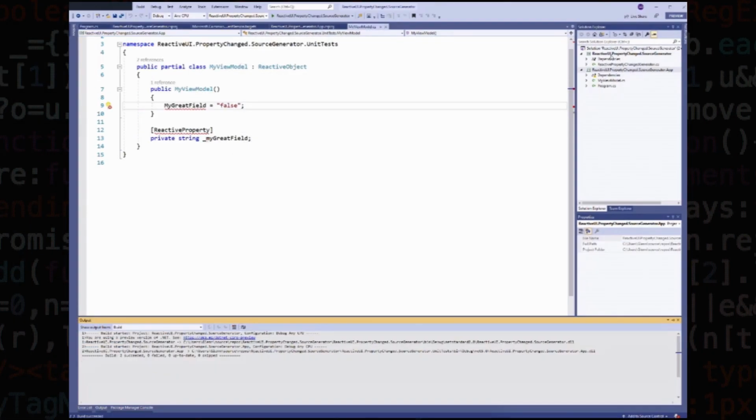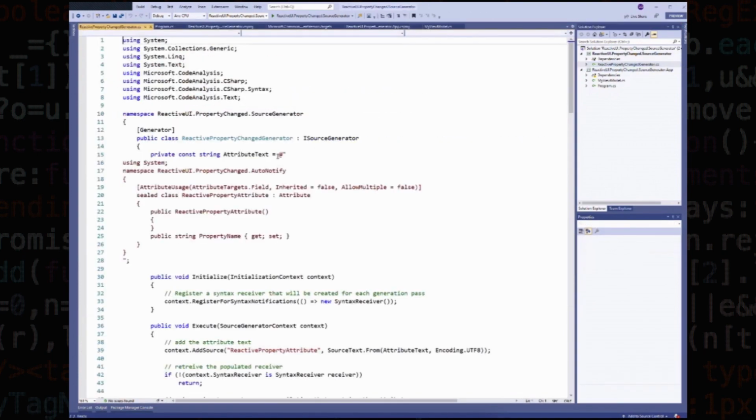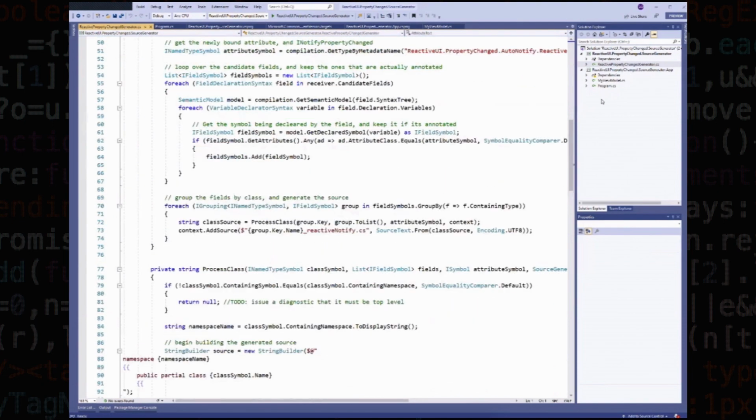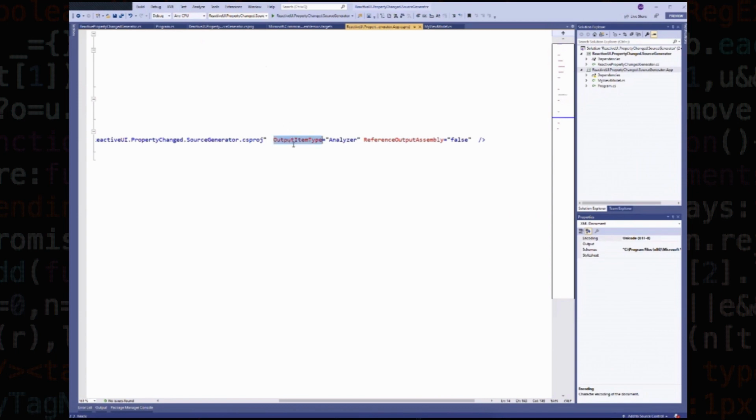So now we've generated our project. So we've got our source generator. And now I've created this application project, with a single package reference to ReactiveUI, the latest version. It's using .NET 5 with a preview version of C#, sorry. And it's also got a project reference back to our normal project with a little bit of an extra item here called an analyzer. So for those not familiar,